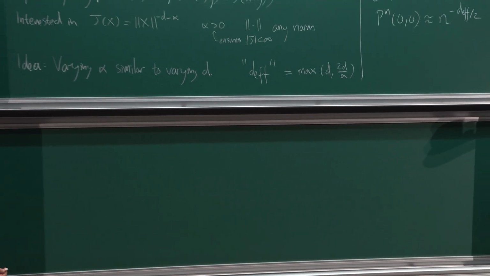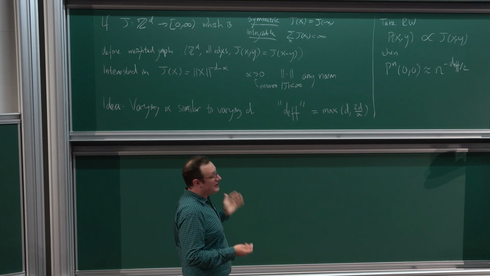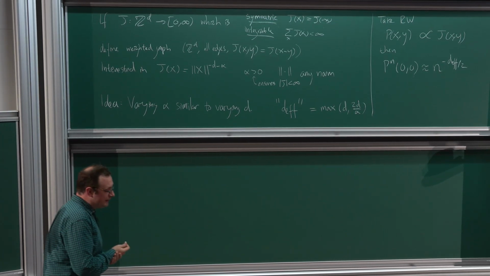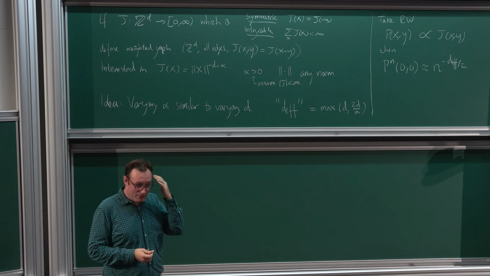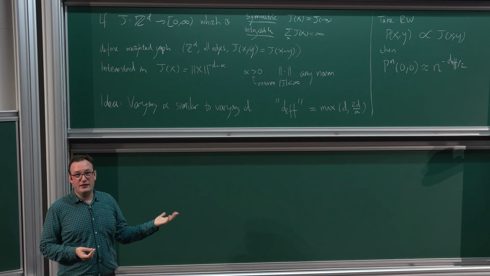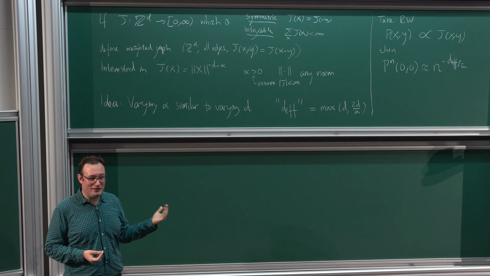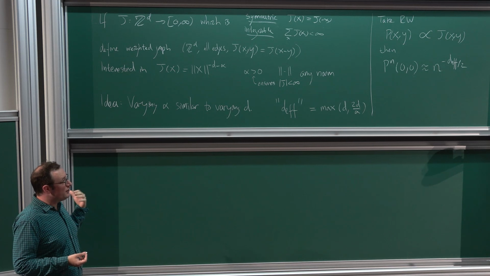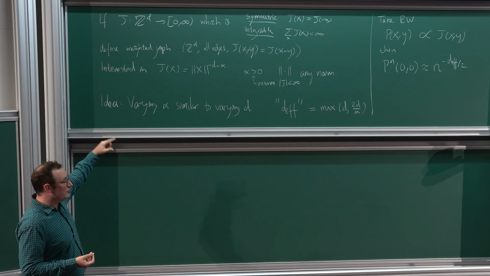Okay. So that's the model, and of course, there are many interesting things we can ask about it. In particular, we can ask all the same questions that we already asked about the nearest neighbor model. One of the surprising things, if you're new to this business, is that you might think we took our nice familiar nearest neighbor model and then added some bells and whistles, and made it more complicated. But the surprising thing is that we can actually prove a lot more about this model than we can about the nearest neighbor model, at least in some regimes of alpha.